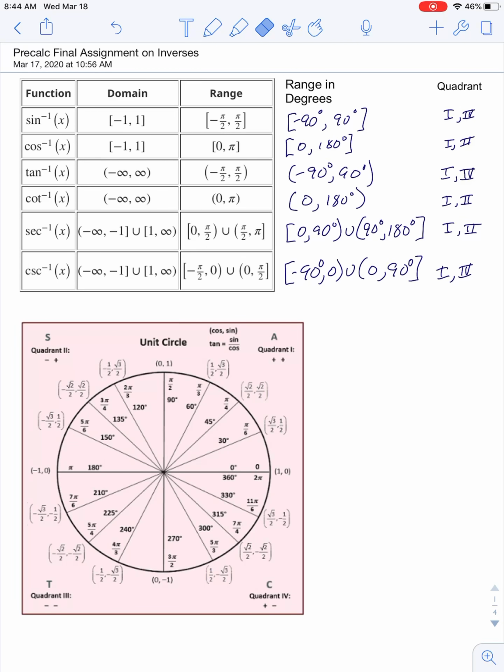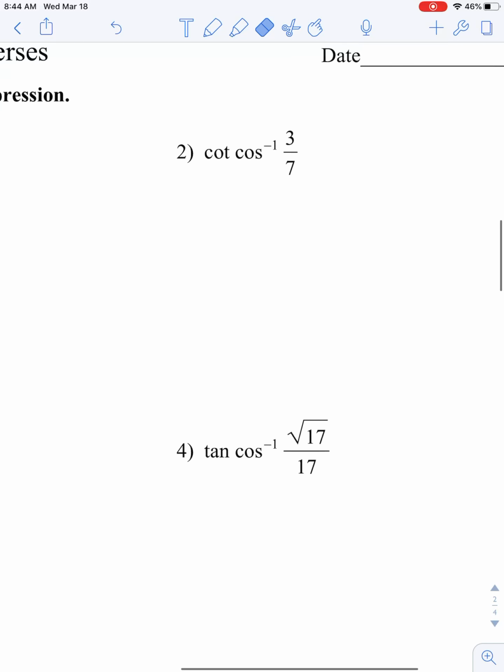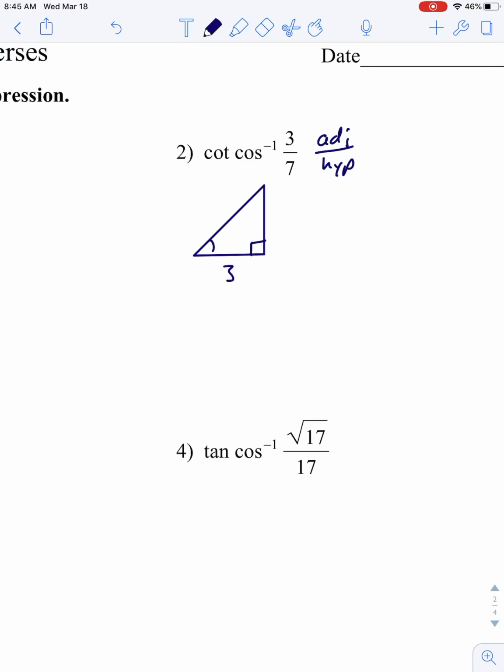The first 4 involve doing a trig function of an inverse trig function. Those always involve starting with a triangle. So draw a triangle for each one of these. Indicate an angle. And in number 2, we're given the inverse cosine. Cosine, as you know, is adjacent over hypotenuse. So the adjacent side here is 3, the hypotenuse is 7, and we are trying to find the cotangent of